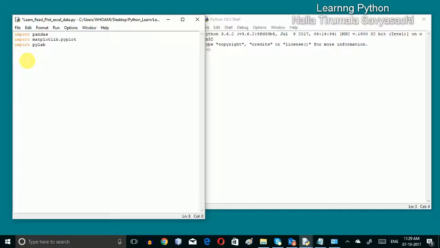Now let me create one variable, read Excel, equals to. I will mention pandas as p, and let me mention matplotlib as m. You can modify this at any point of time. So instead of pandas, I can use p for this entire package's utility. Now I will try p dot read excel